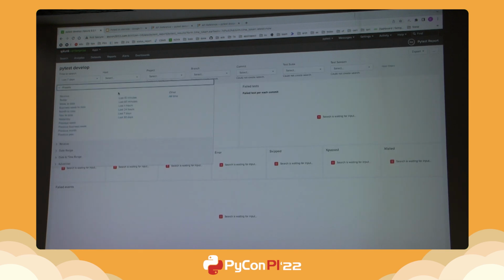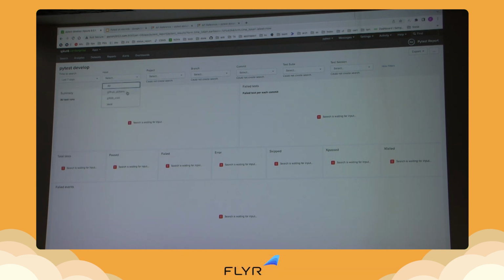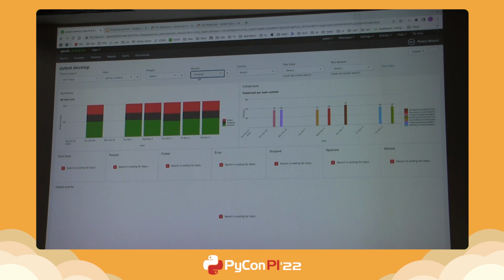Here we can choose what period we would like to see. Let's stay with 7 days. Here we can check if you would like to see runs from GitHub, GitLab, or from local executions. Let's choose GitHub. We have only one project. Basically the same that we were showing today, and we can check how one of our branches works, or